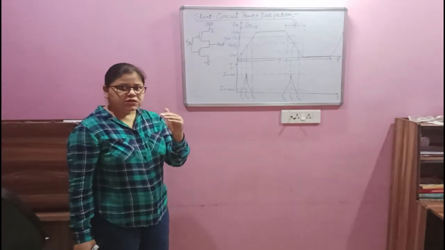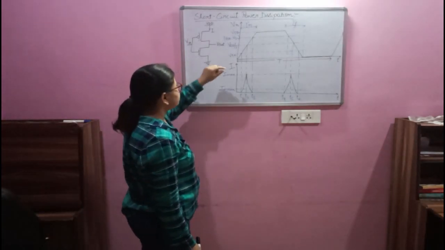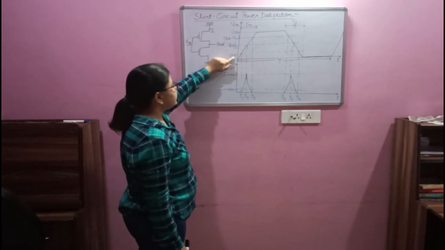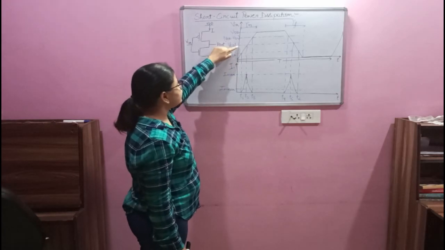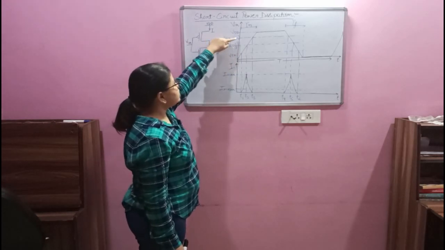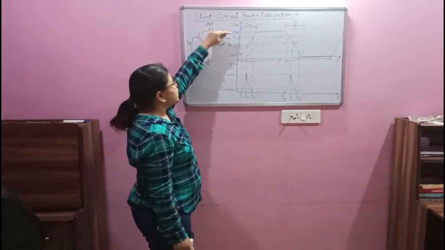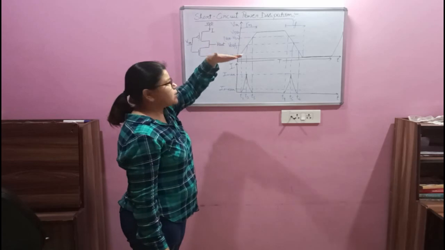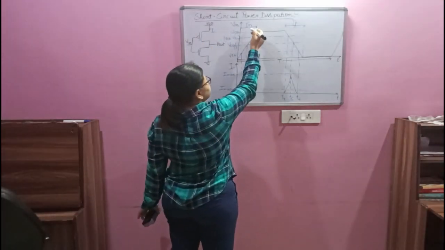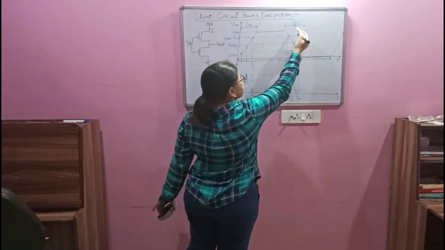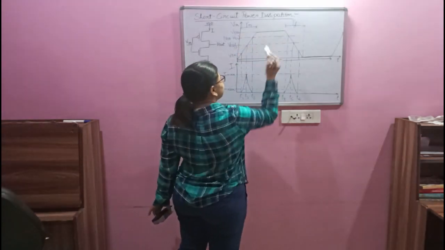Now I have marked some marks on the input waveform. Suppose at this level, which is equal to the threshold voltage of the NMOS device. This is half of the VDD. This is a level where the input signal acquires the VDD minus VTN value, and this is 100% or the maximum of the signal, which is equal to VDD. The rise time of this signal is tau R, and the fall time of the signal is noted as tau F. So this is a rise time and this is a fall time.